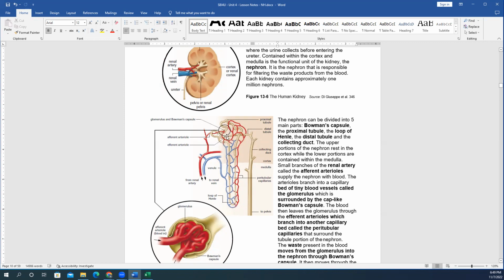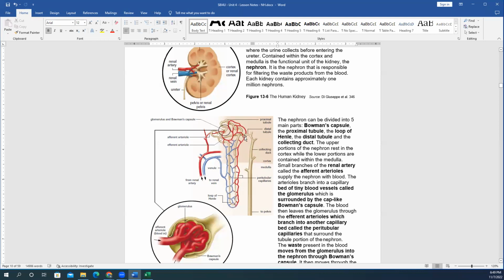And the word distal, you can think of the word distance, farther. It's the part that is farther away. So you have the proximal first, closer, then you have your loop of Henle, then you have your distal